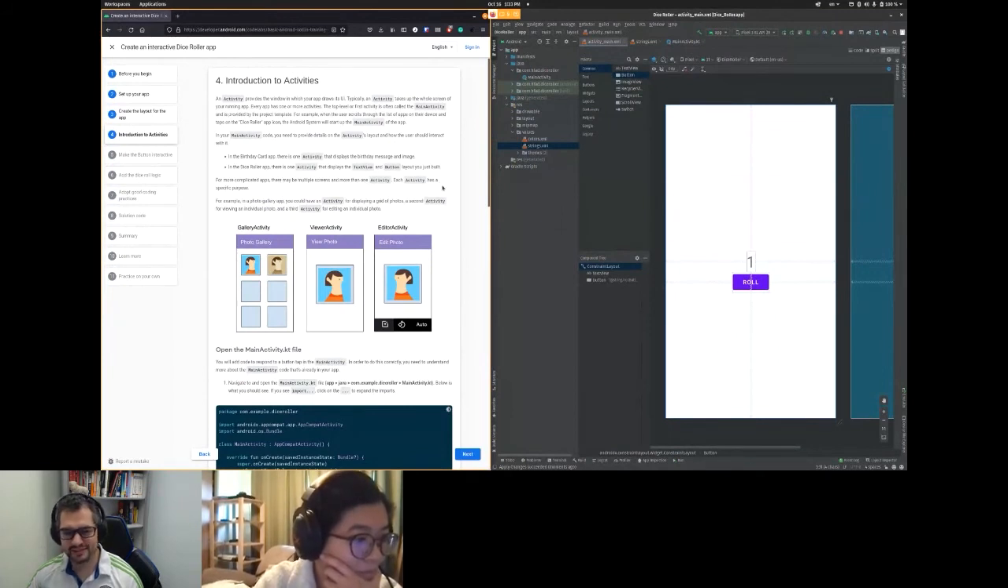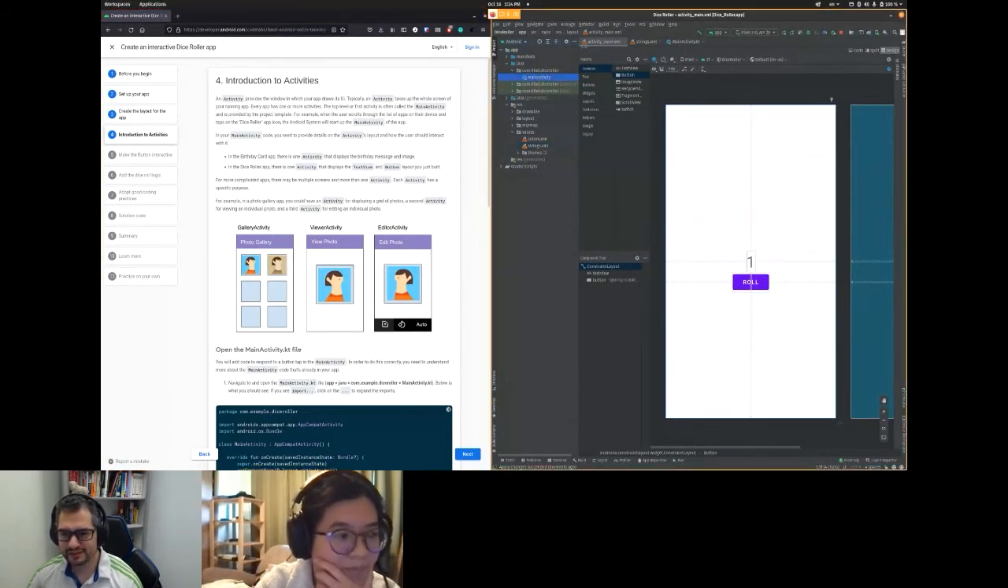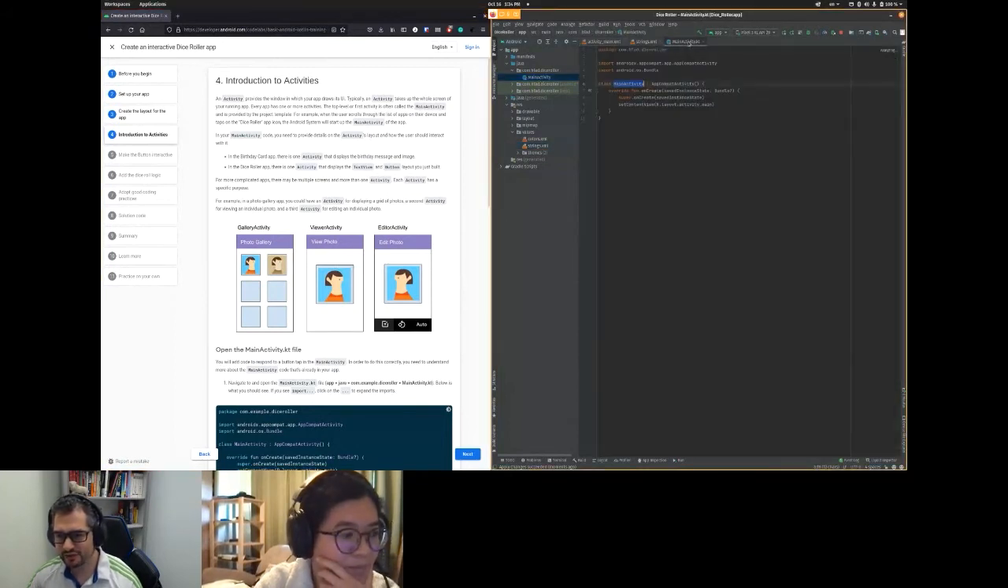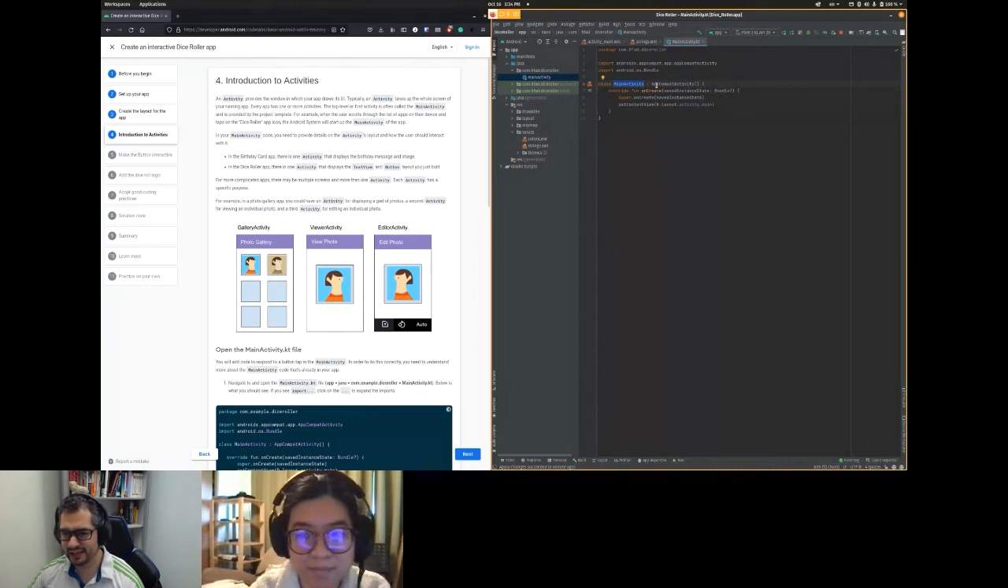So what is an activity? That is the main question, right? What is this activity with this main activity over here? An activity is basically the screen. When you open your application, what you see on the screen is defined by an activity class. And don't worry about all this for the moment. But let's just say that